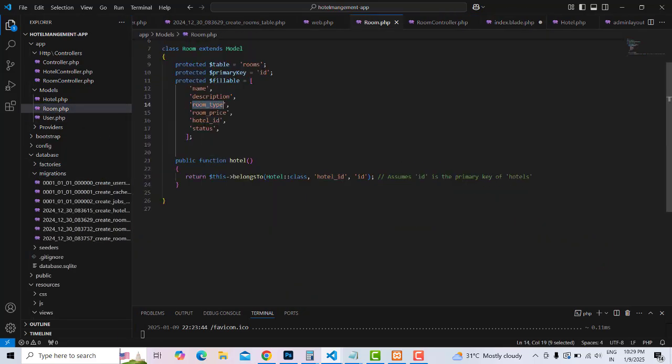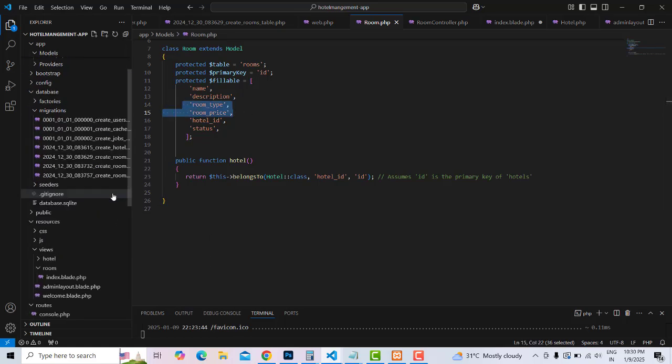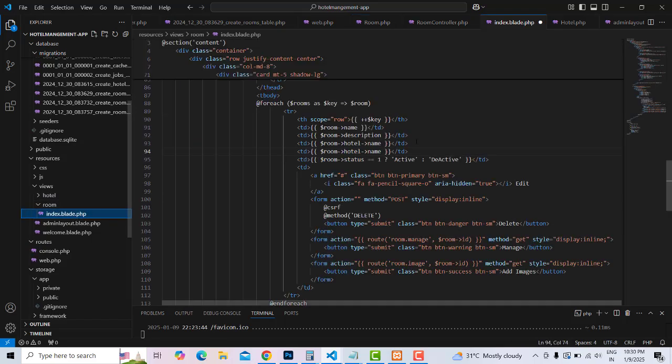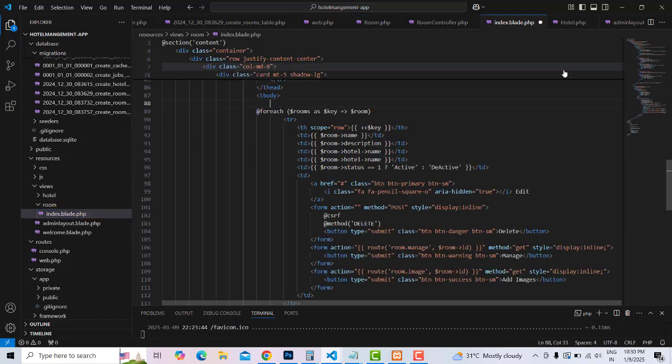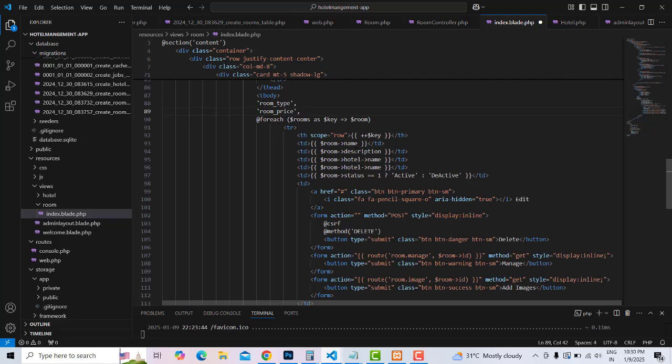Rooms as a room type, and room price. These two things are needed, so you have to get it over here. Room name, description, room, hotel. After that you have to get the room type,